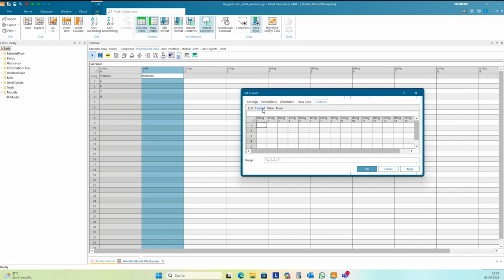I want to have the column index. In the first column, I want to have the machine as object.